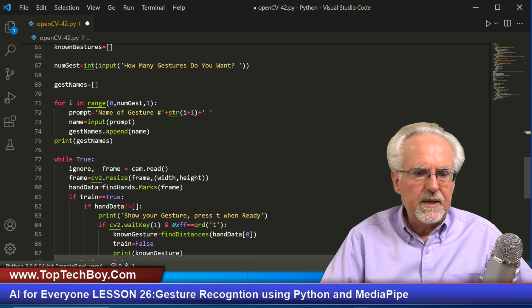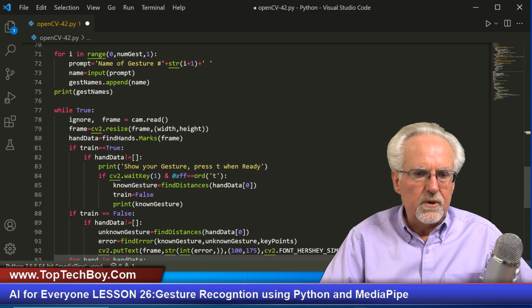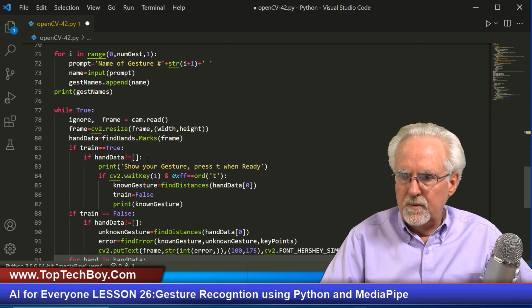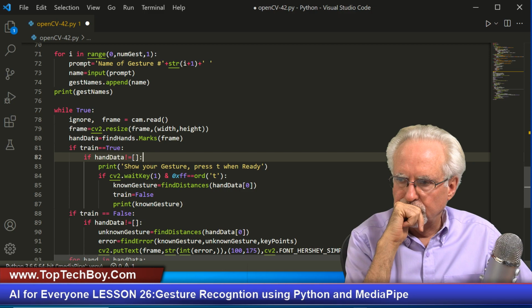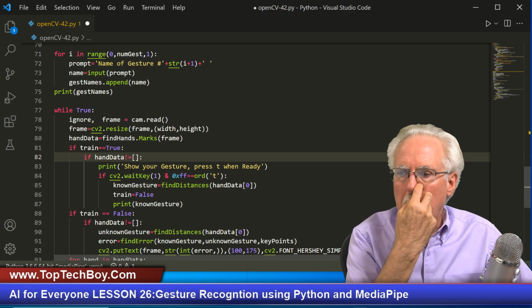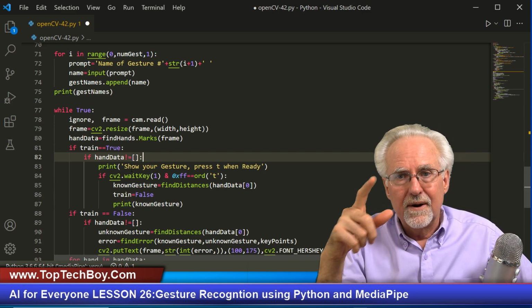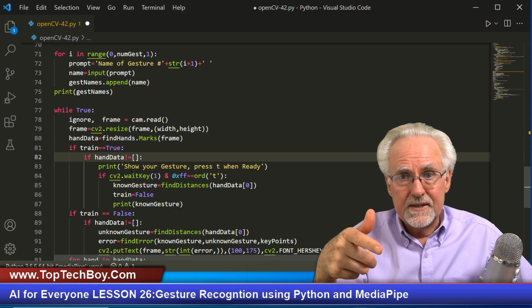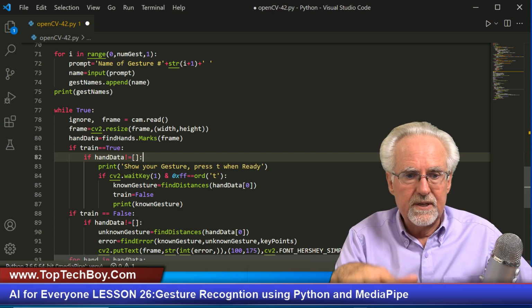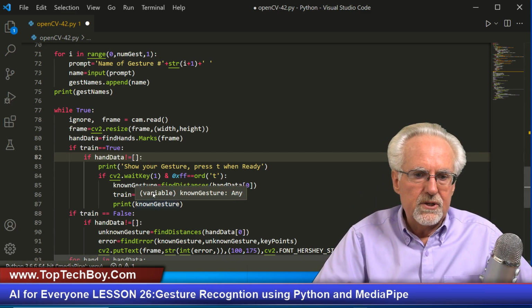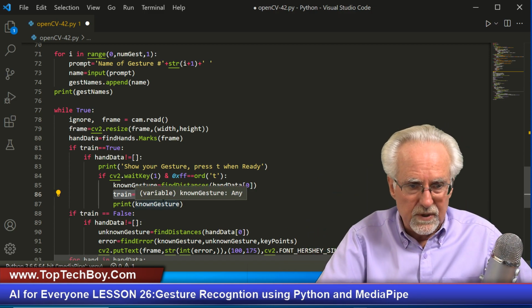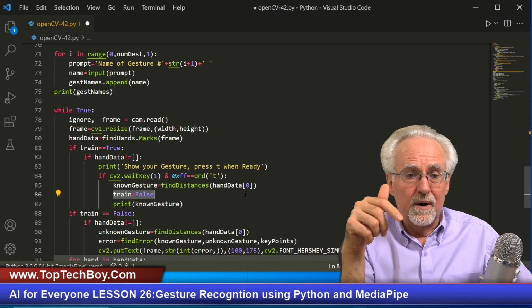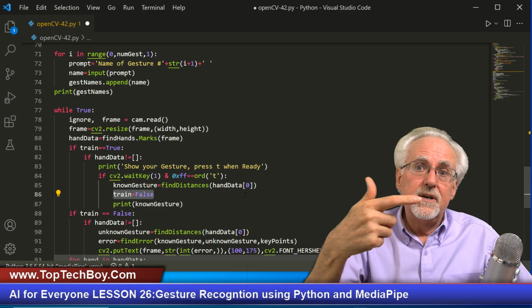So now what we probably need to do is we need to come down and we need to think about what we are doing if train is true. Okay. If train is true, we're going to need to adjust this where during the training cycle, it's asking the person for the next gesture in the list. Here, we were just finding one gesture, and as soon as we defined one gesture, it would make train false, and it would drop out of this, and then it would go and just start doing the recognition. So we've got to adjust this a little bit where it doesn't make train false until we have trained